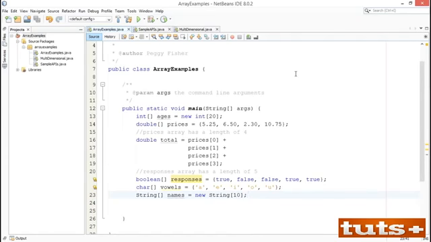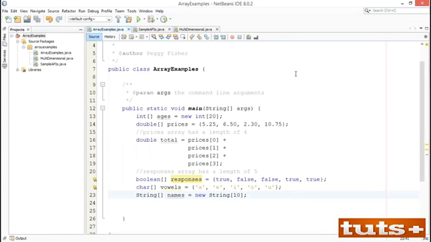array with 20 values. Remember that an array is a container object, and just like when we created classes and objects, we had to instantiate our objects by using the keyword new, the same thing applies to arrays. So when you're creating a new array, such as int ages equals, you have to say new int. When you declare an array and you give it a list of values, you don't have to use the keyword